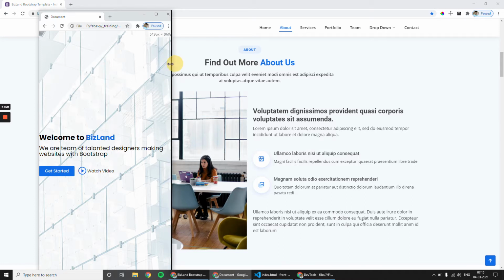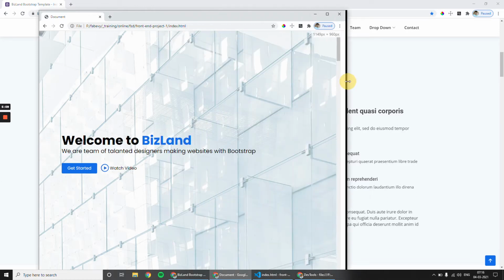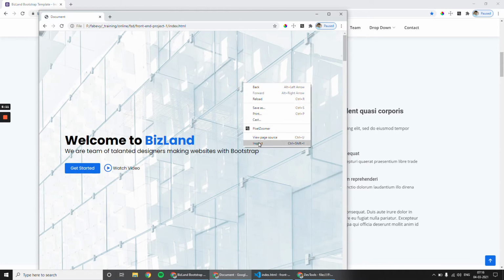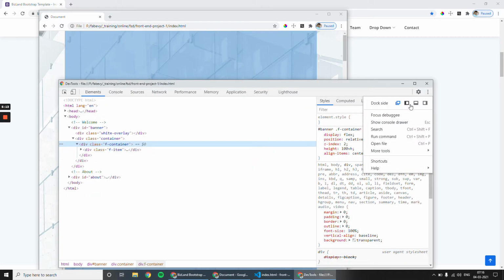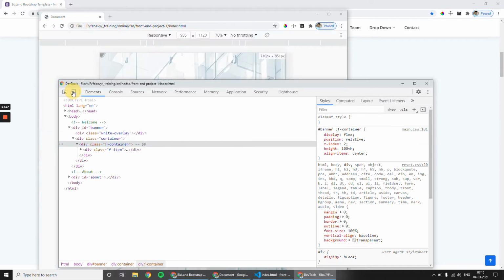500 will be the minimum value. So if you want to test your web page below 500 pixels, then you cannot use this method, and you will use our traditional method, that is using the emulator.